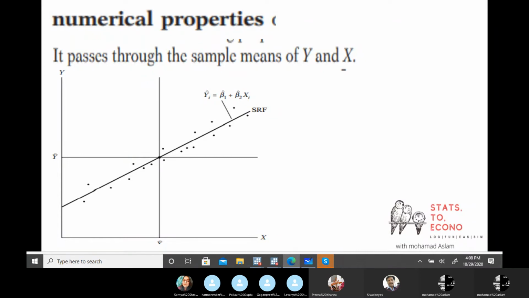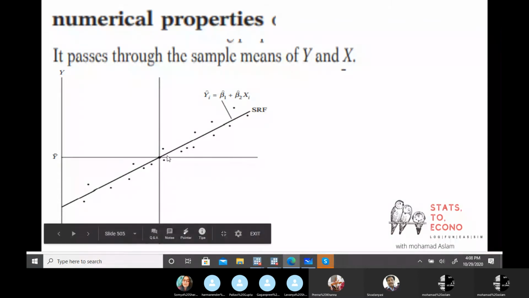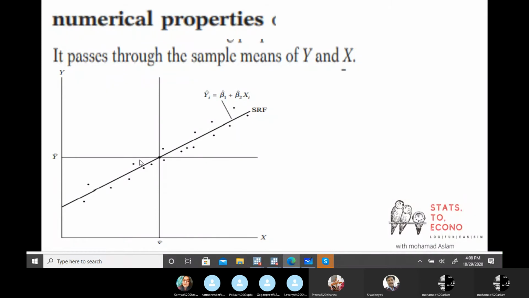That's why we say the expectation of y with respect to x. Otherwise, let's suppose if I have a regression line somewhere here, and the averages are meeting somewhere here, then we can't just rely on that line. So we need a line that is representative of the actual observations. So it's important that at least that line passes through the means.